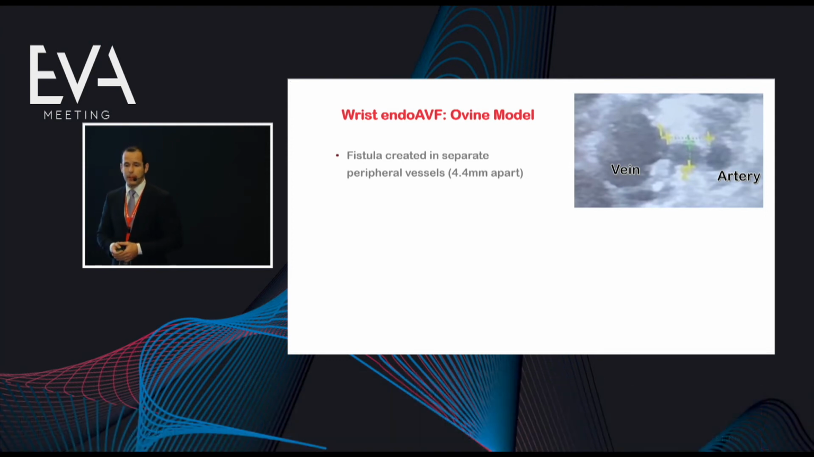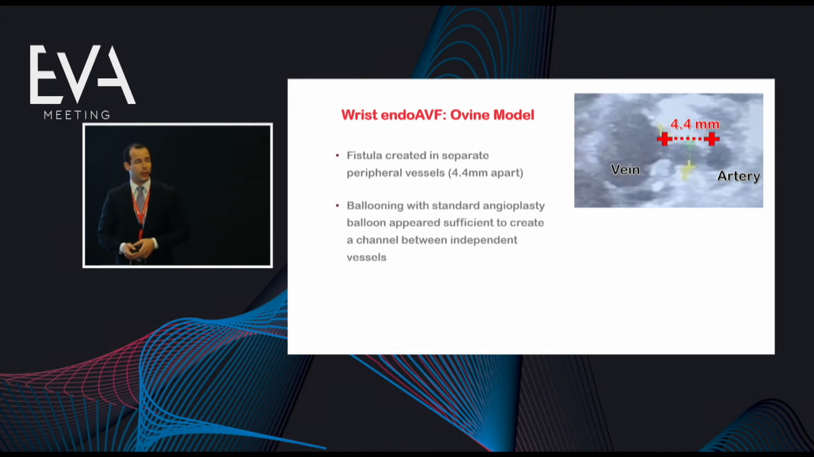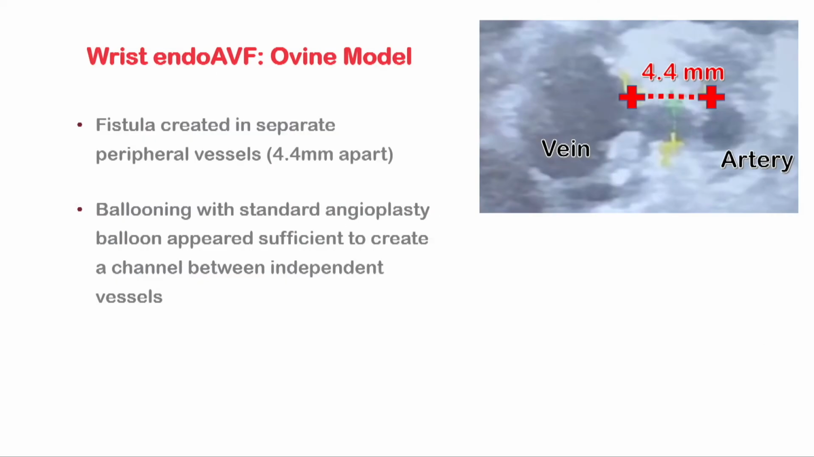We did also some animal models. So of course we took sheep, as you say, ovine model. The fistula was created again with vessels which were far apart, sort of 4 millimeters apart. You can see here on the ultrasound that we did 4.4, and ballooning was performed again with standard angioplasty